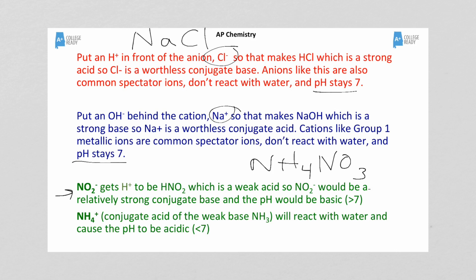Again, I chose nitrate since, based on solubility rules, we know it's always a spectator ion, but even going a little deeper, it can't react with water because it's associated with a strong acid, meaning it's a worthless conjugate base. So I'm going to mark out the nitrate ion, and I'm going to look at my ammonium ion reaction,